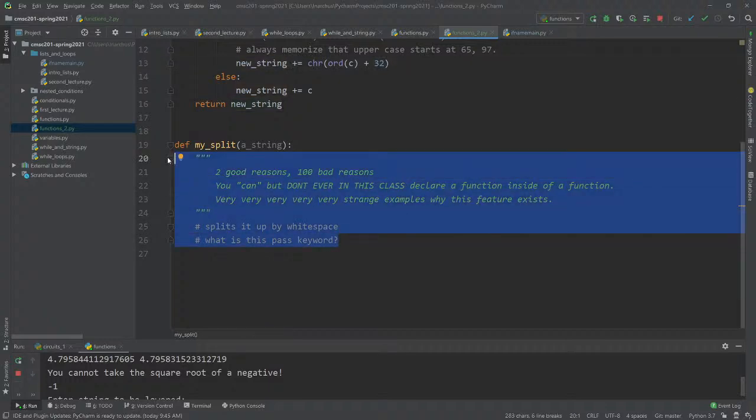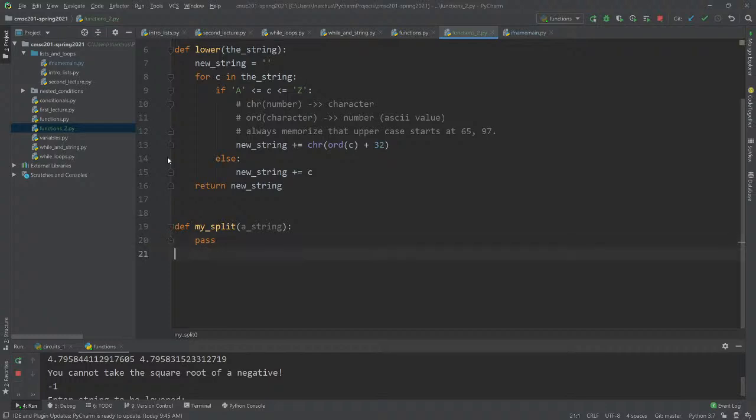I think it's not a bad idea, let's delete all this crap and put a pass in here. Remember, pass is a no-op. I was talking about that last time. So it's basically just a grammatical placeholder. And what I mean by grammatical is syntactic. So it doesn't have any meaning. It doesn't tell Python to do anything. In fact, it tells Python to do nothing. But what it also tells Python is, hey, you expected something at this tab level. Well, here's something at this tab level, right? So a pass does nothing.